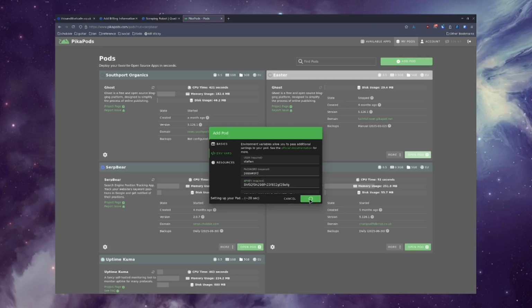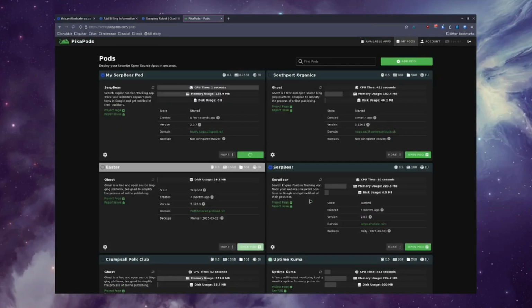Easy peasy. This takes a second while Pikapods in the background deploy this app. So that means that they get some of their server resources, they cordon it off to one side, and they install this app that you've just chosen on it. And you can see here now it's popped up and it's given us the domain name